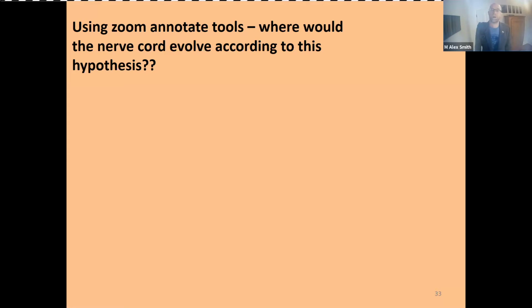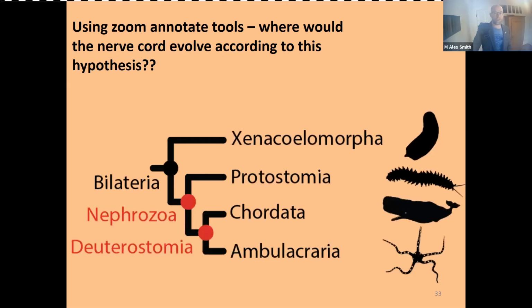So bilaterians have a nerve cord. We know that Xenocelamorphs don't. Bilaterians have a nerve cord. So use your annotate tools, where would the nerve cord have evolved according to this hypothesis? So use your Zoom annotate tool. Okay. I see. Okay, so that's great. Let me open my annotate tool so that I can